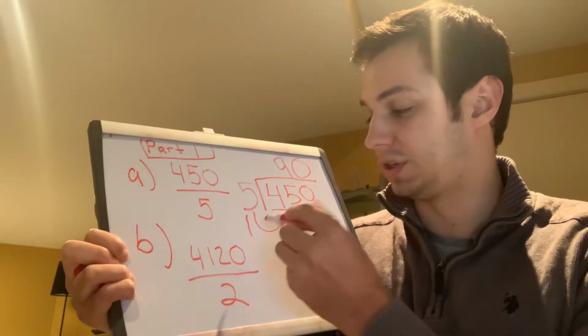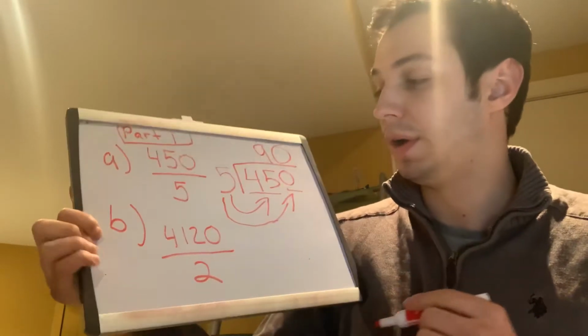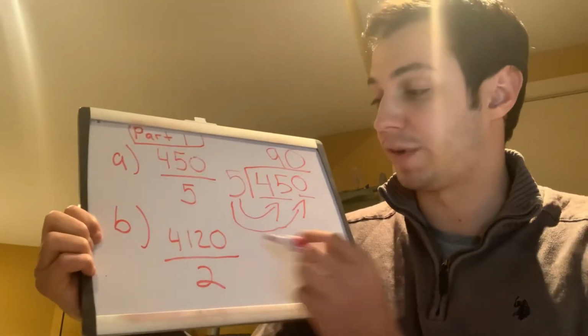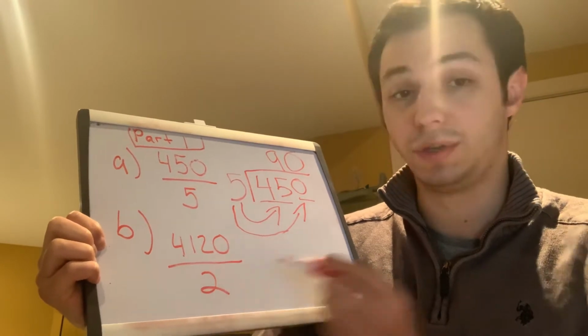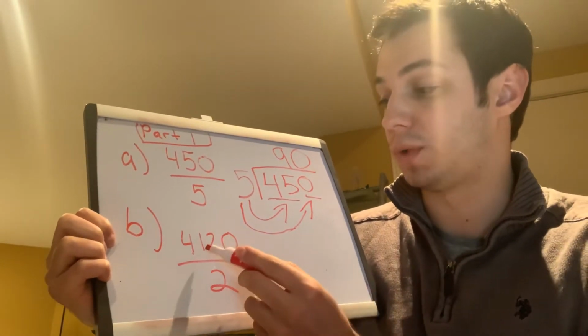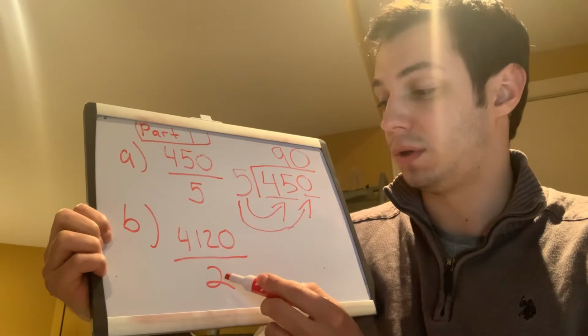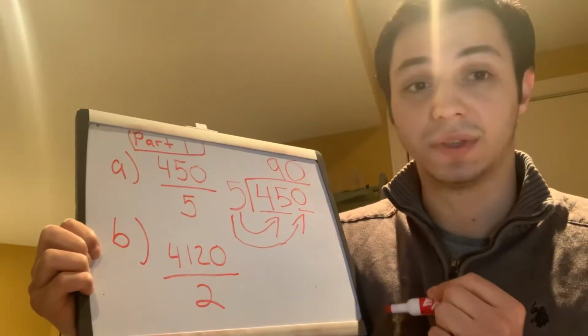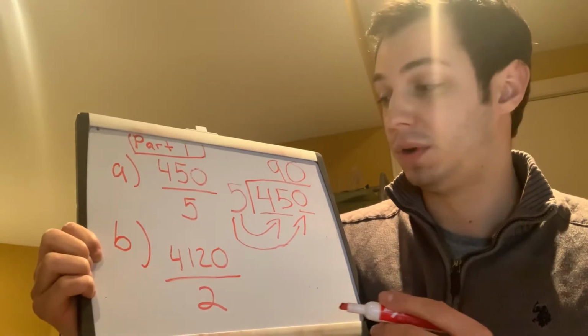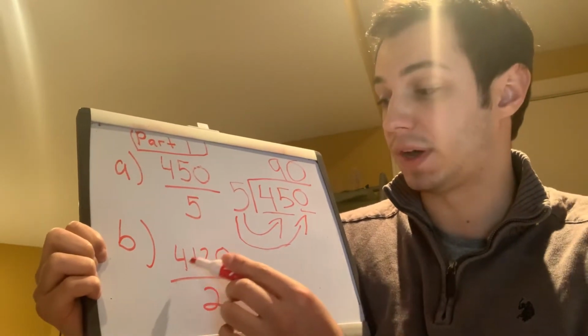I'm just going to change this so we have a little bit more room. Now we are given this other fraction, which is 4,120 over 2, or 4,120 halves. So now what we have to do is turn this into a division problem, which once again would be